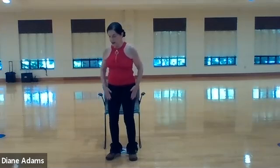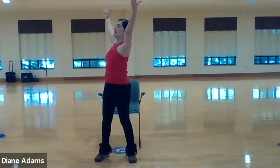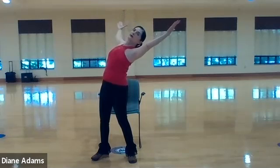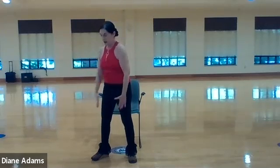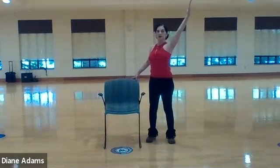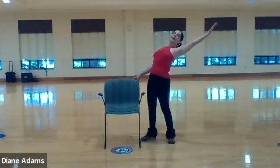Now we are going to lift the arms up, turn the body to the side. Now arch back and come forward and down. So if you need the chair, you will do one arm at a time. You're going to lift, turn sideways, and arch back